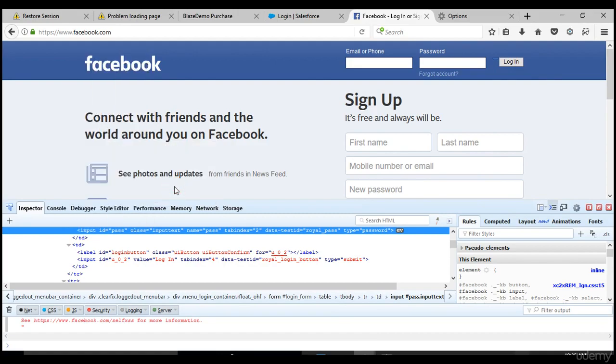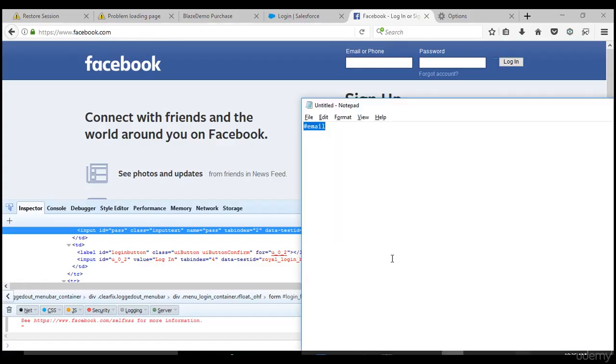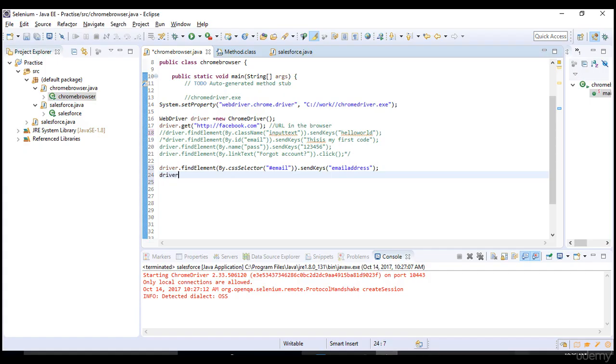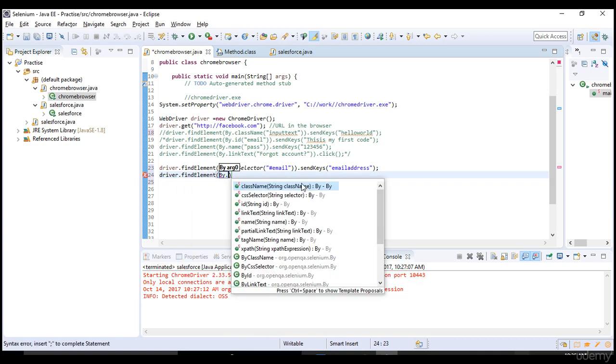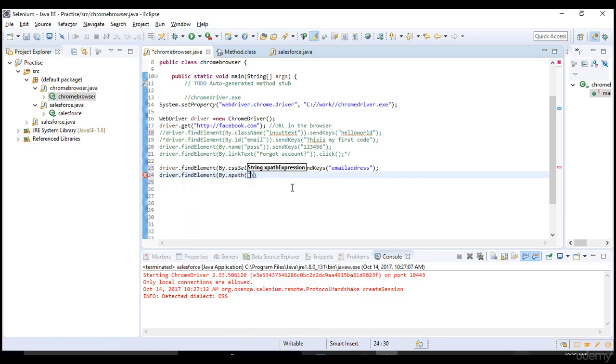Copy XPath, paste it here. Yeah, double quotes is there, right? Convert that into single quote. By dot XPath, dot click. Now when you run this code, it should enter the email address and it should enter the password.